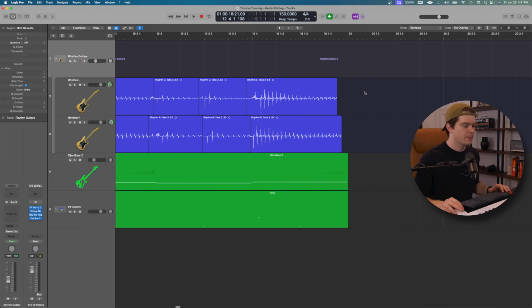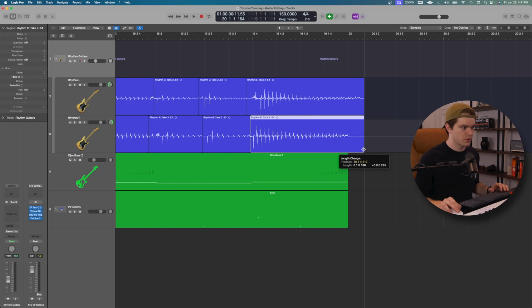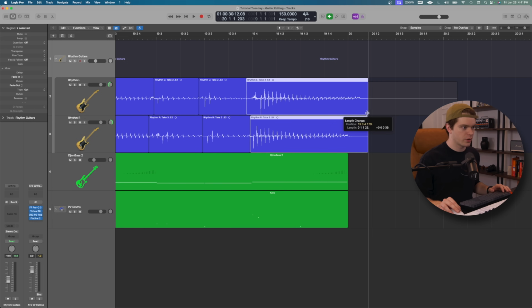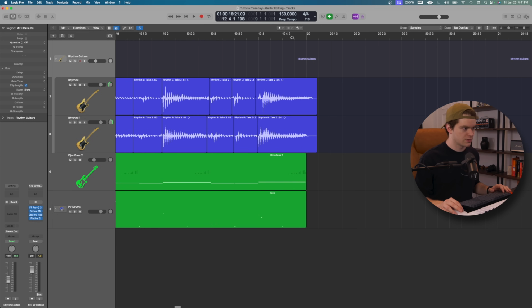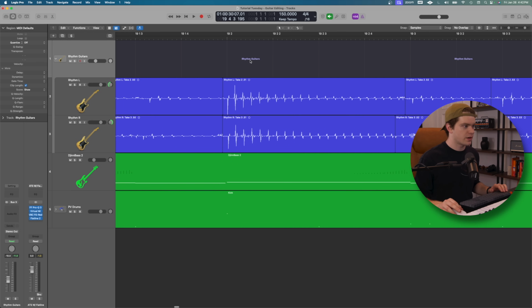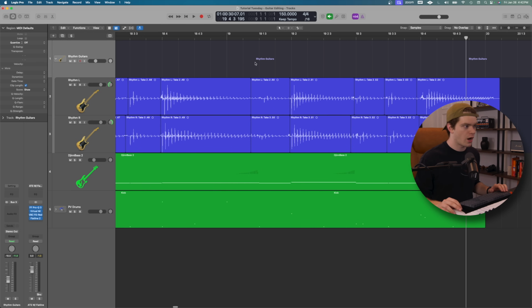Okay, there we go. And then at the end, I'm just going to pull these back to where the waveforms stop so I can get a more natural sounding cutoff at the end. That's just where I muted the guitar after playing. So you'll notice that these aren't exactly 100%